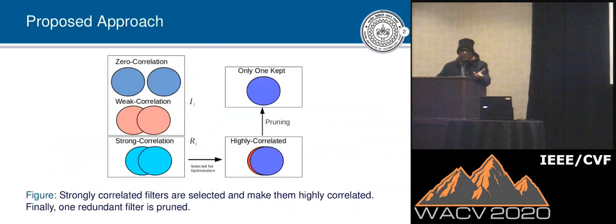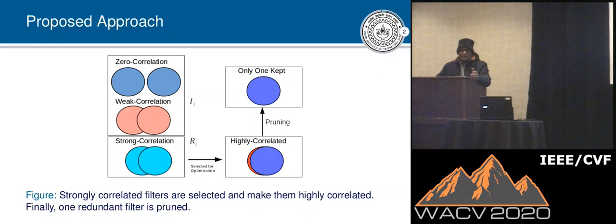So we can create NC2 pairs, and we can measure redundancy for these pairs. Let's assume some pairs are strongly correlated. Let's assume redundancy, the correlation, is 60%, and if I prune one filter from that pair, then we may lose some non-complementary information. So instead of pruning at that time, we are regularizing strongly correlated pairs to get highly